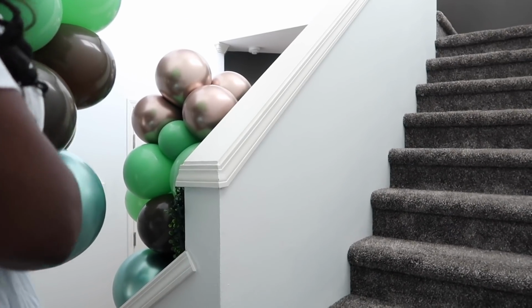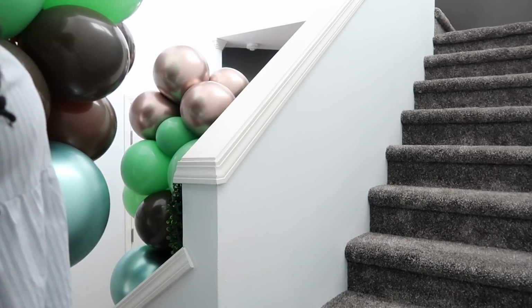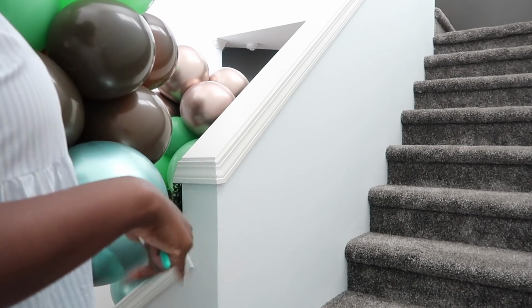All right, so first things first. Oh, I'm just now looking at these steps, and my vacuum would actually be perfect. It's lightweight enough for me to be able to do the steps with no problem too, because the larger one that I have is a doozy. But anywho,